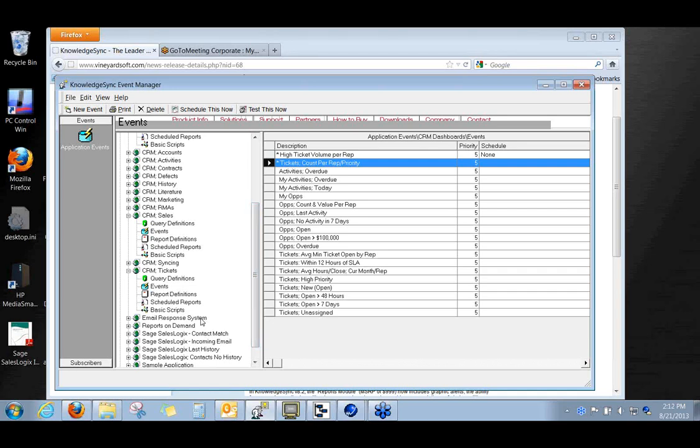But it can also monitor your inboxes. A common example we see there is if you've got a website and you're asking prospects to fill out a form if they're interested in what you offer, they submit that, and typically somebody in your company gets an email. Well, people go on vacation, emails get lost, you get busy. So what Knowledge Sync can do is monitor an inbox or multiple inboxes, and based on triggering conditions in the email, which can be searching for keywords or specific information in the body of the email, it can actually create